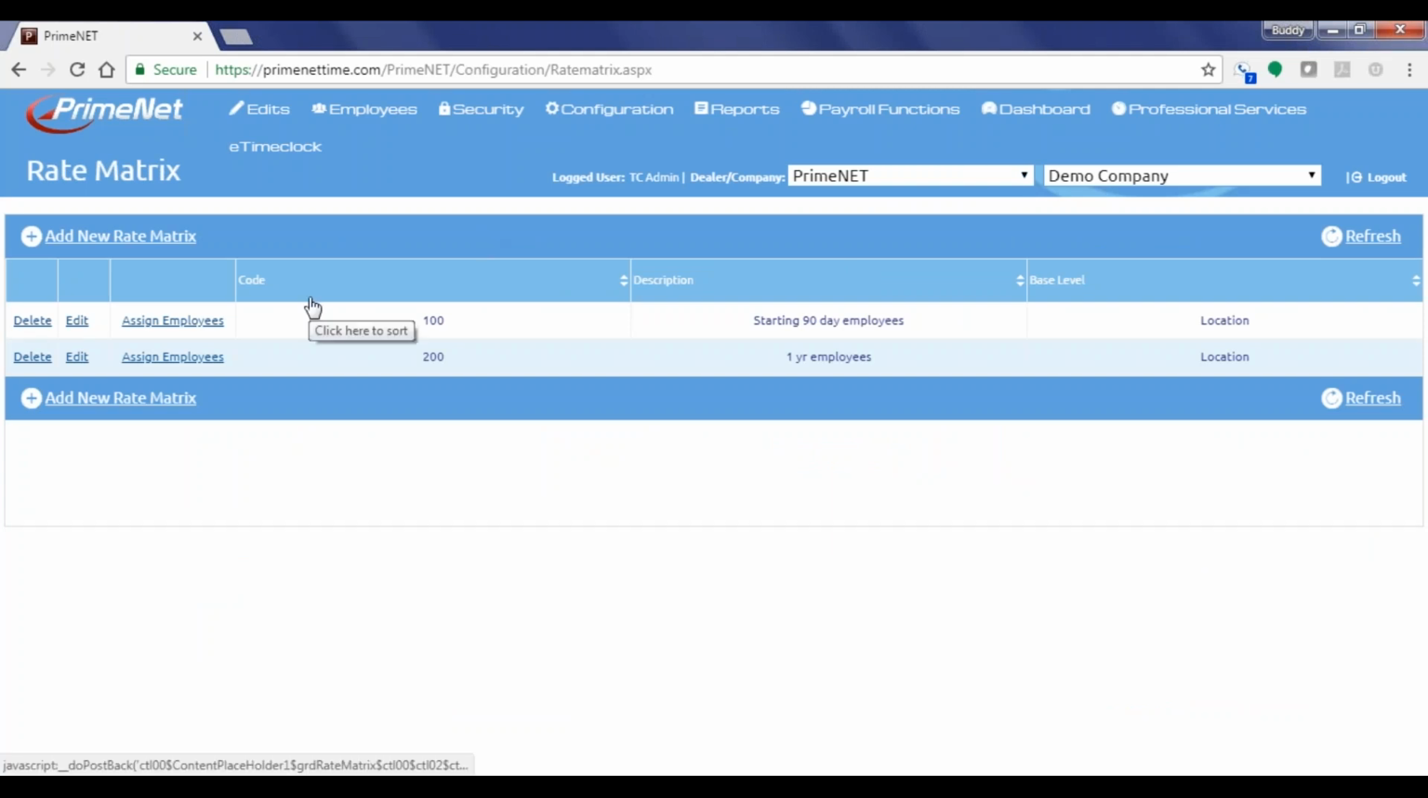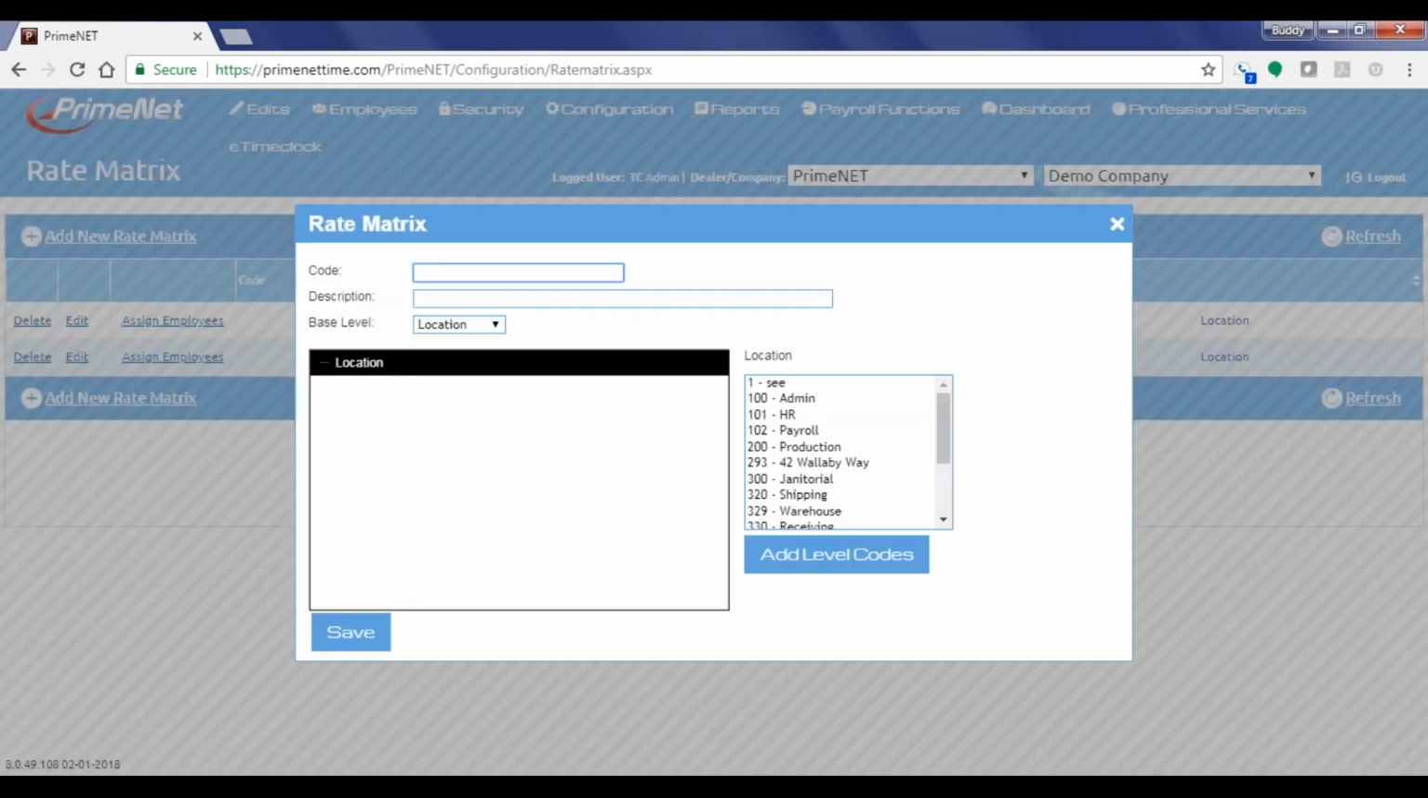Once we click on rate matrix, we can see any policies already in effect. And I see I've got some for the 1-year employees, starting 90-day employees, and we can add a new rate matrix. Now, what the matrix is, or the rate matrix is,